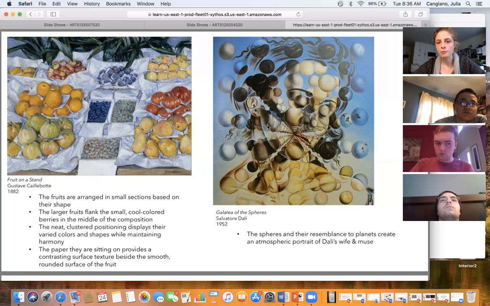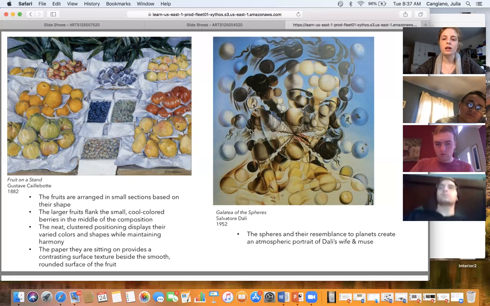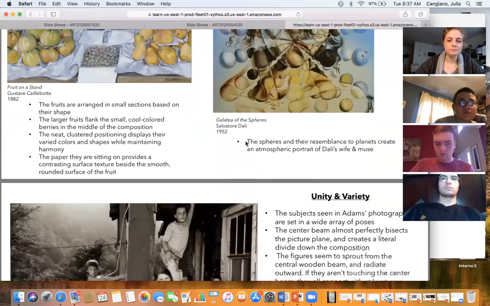But obviously you have the similarity of the spheres and the planets, their coloring for the most part. But then their values do vary quite a bit. So you're getting super dark values in some areas, but then it actually makes sense because it's in her hair. If she had dark hair, that makes sense. So you have a lot of elements of unity and variety in here. And if you look down at the bottom here, I'm starting to see other shapes in some of the spheres if you connect them together, like some forms down here. I'm not exactly sure what they are, but it's interesting to bring up.